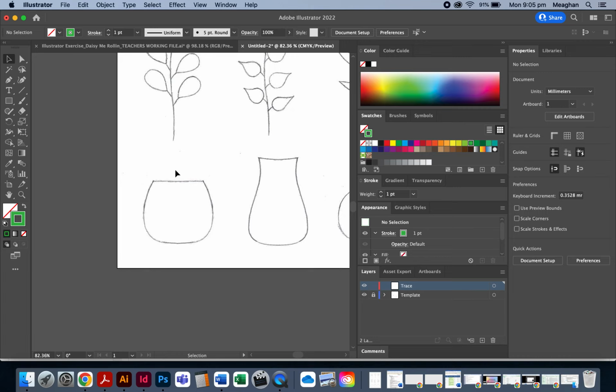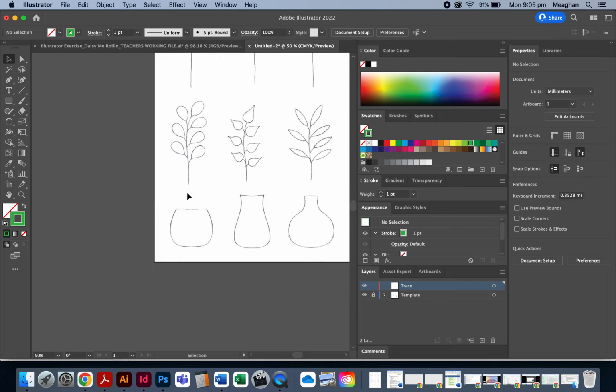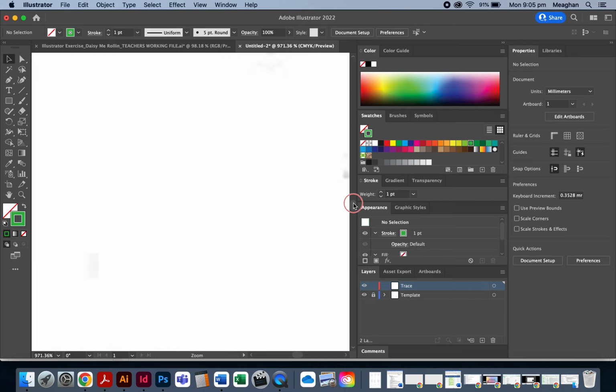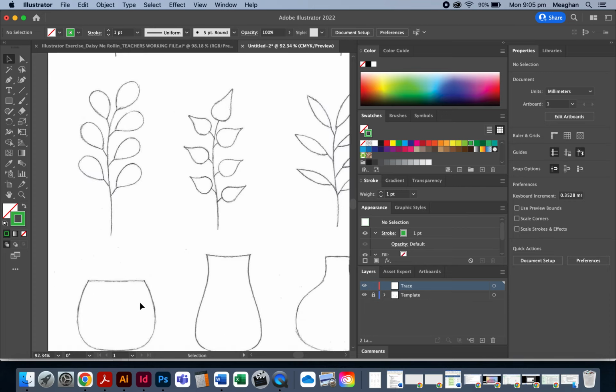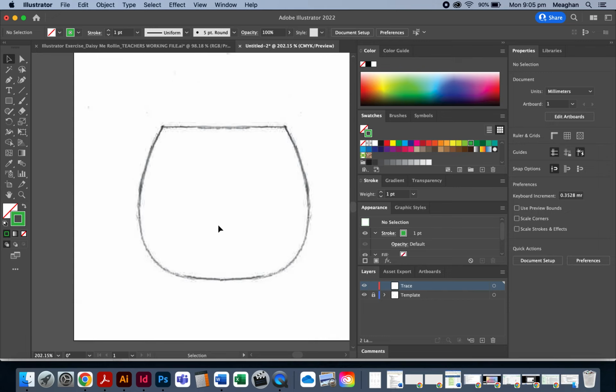If you're using the keyboard shortcuts, spacebar command to zoom in, and then to zoom out, you hold the Alt. See how it changes to a minus. If you get all over the place with the zooming, you can end up being too far, or you get lost. The shortcut command 0 will fit the page into your view. So that's a nice little shortcut, command 0 or control 0 on a PC. Okay, so we're going to zoom in on this area,